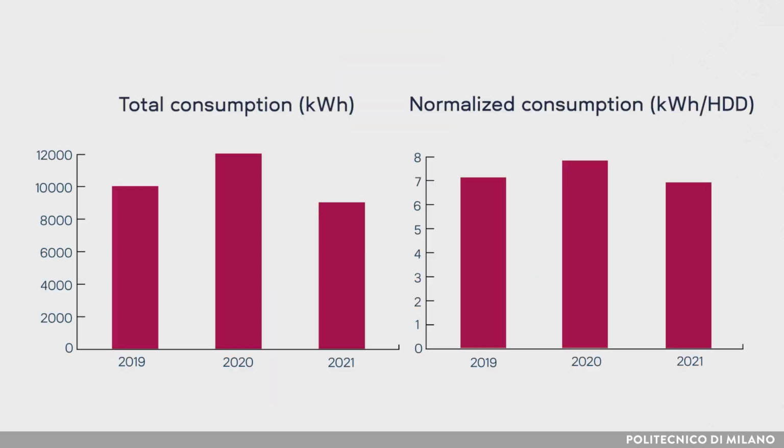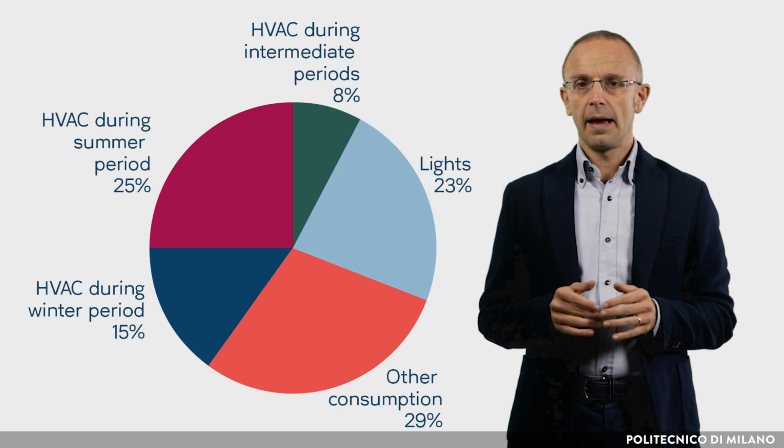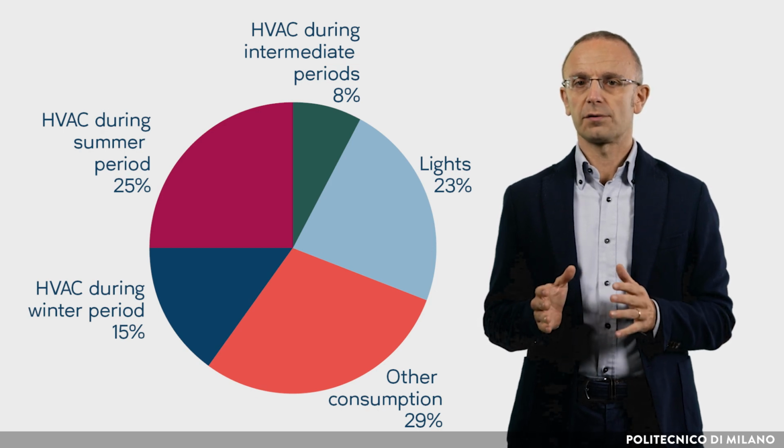The collected data on energy consumption and the measurements are typically non-referred to the same period or the same boundary conditions, for example, different occupancy rates or climatic conditions. For more accurate comparison, this data should be normalized on specific indicators, for example, kilowatt-hour for heating degree days or kilowatt-hour for employee. Measured or collected data must be analyzed to obtain a detailed overview of the energy behavior of the building and of the contribution of the different functions.